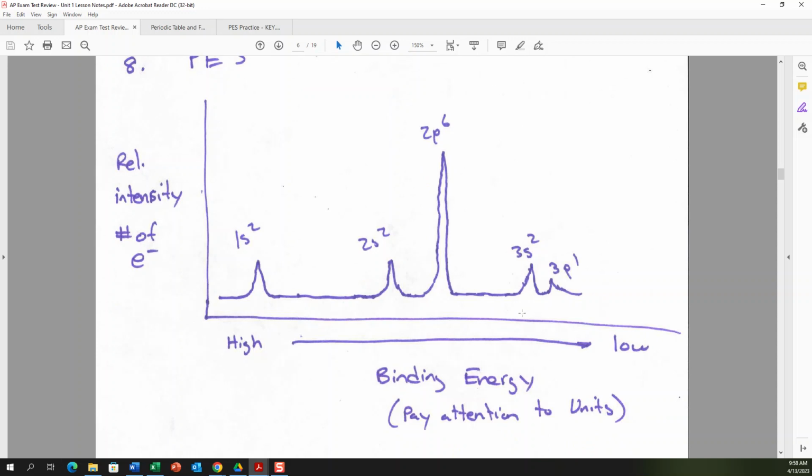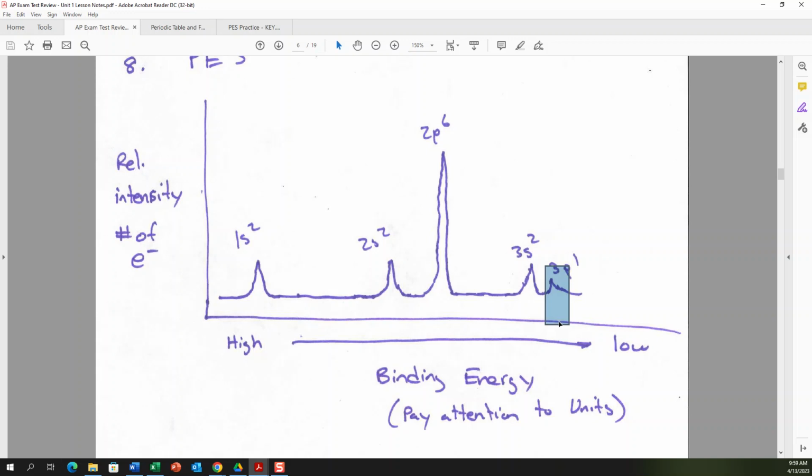Pay attention to the units of the binding energy. I've seen some AP exams where the binding energy is joules for a single electron. And so it's going to be a really small number. But if they give you the energy to remove this electron here, the binding energy for this electron, and they ask for the wavelength or the frequency of a photon that would be able to remove this electron, all you would have to do is, as long as this was energy in joules for a single electron,